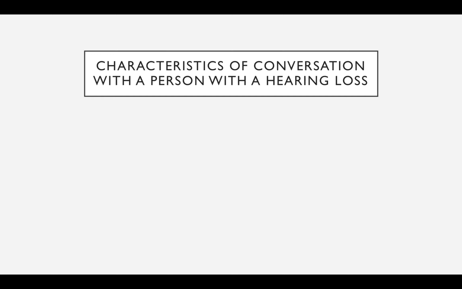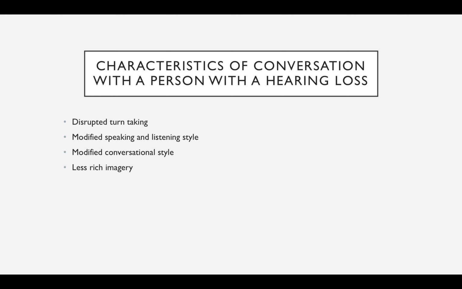So, characteristics of conversation with a person with hearing loss. This can include things such as disrupted turn taking, modified speaking and listening styles, modified conversational styles, less rich imagery when they're talking, inappropriate topic shifts, superficial content, so they're not really getting down to the deeper, more detailed, important information, frequency of clarification. They're going to be asking you to repeat yourself a lot or saying "what" or unsure, and